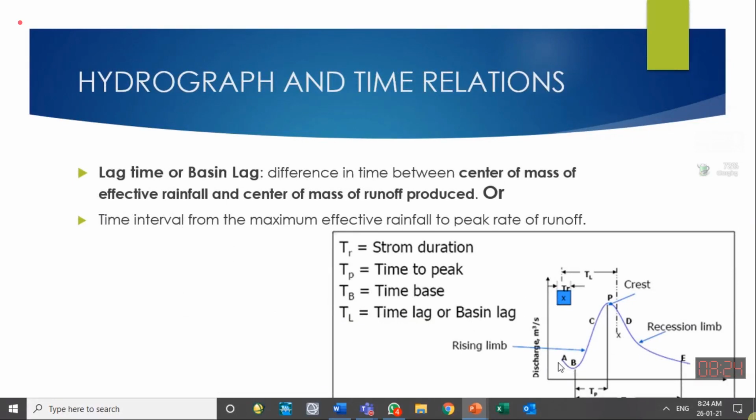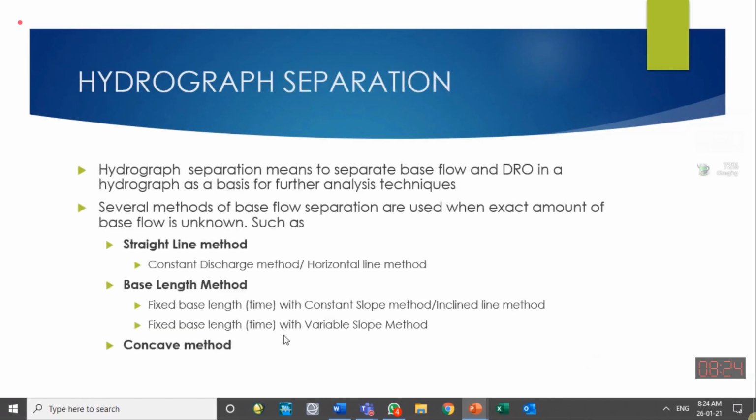Rather, the first part of the line will be the extension of this line AB as a recession curve up till the time of the peak. Up till the time of the peak, this recession curve will continue. That is more logical, that still the groundwater is not affected by the rainfall, and the base flow continues its previous trend. But then a time comes that the groundwater is affected by the rainfall, and it starts increasing its base flow or releases to the channel. So it continues till the peak, and then it continues to the point C, n days after the peak point. So that's also a more logical, better method.